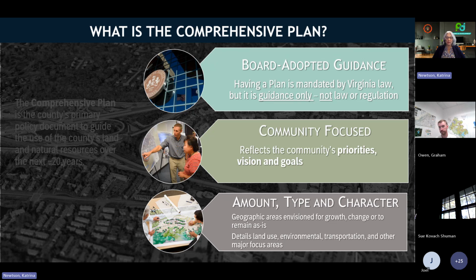It is important to note that the comprehensive plan provides recommendations and is not law like the zoning ordinance. However, the recommendations within the comprehensive plan are used by the Board of Supervisors, the Planning Commission, the Board of Zoning Appeals, county staff, and the community as a common basis for decision-making on land use and zoning applications. The comprehensive plan is a living document, and changes to that are called plan amendments.